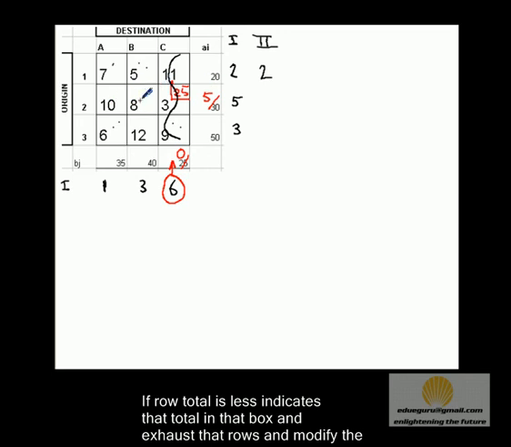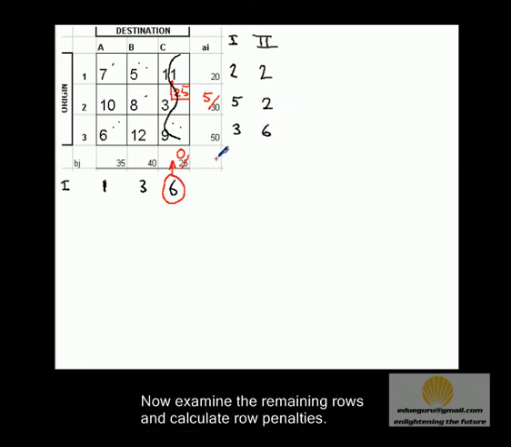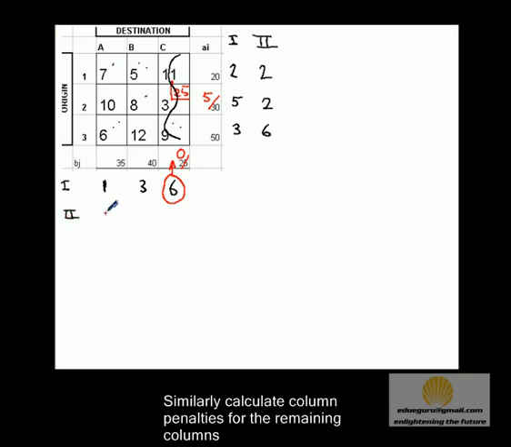We will again identify the least and second best cost. Since now we have only 2 columns, it's basically the difference of the two cells. So we will put 2 for the first row, 2 for the second, and 6 for the third. And for columns, since there is no change in the columns, we have the same numbers, and since there is no third column, we'll make it blank.